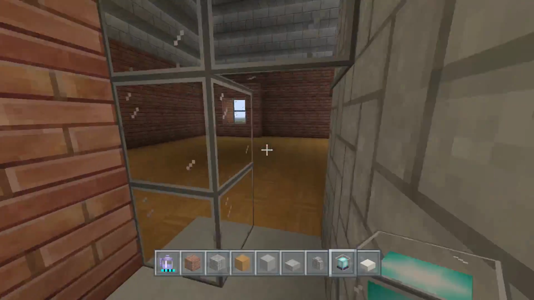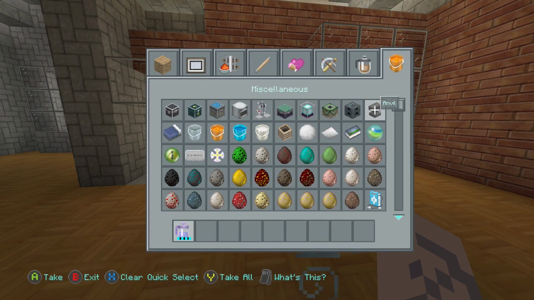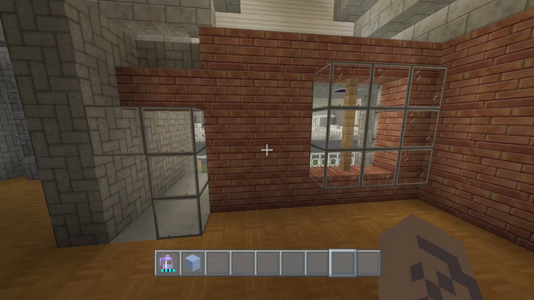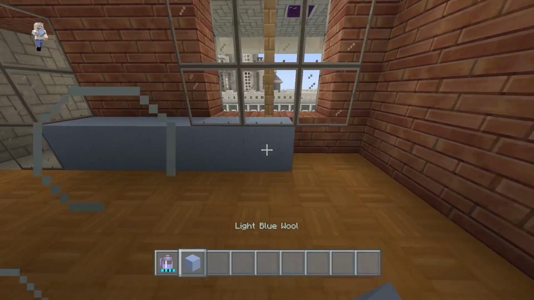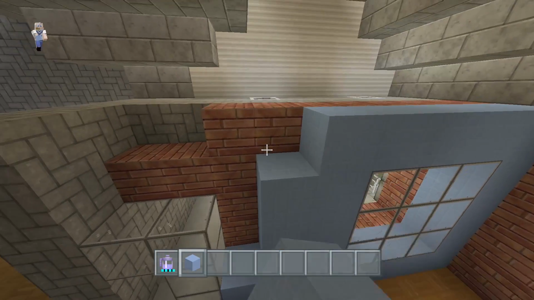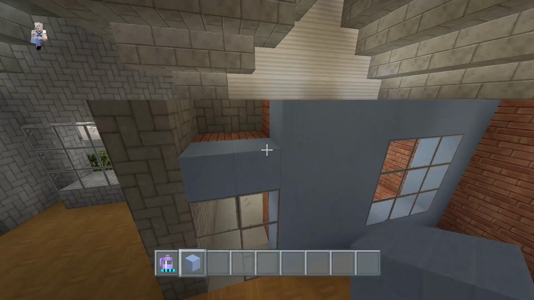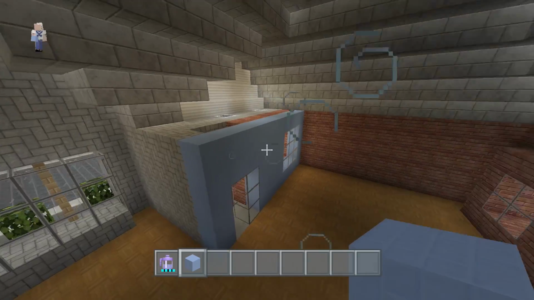Front porch. Alright, so on the interior, we're going to take some of the walls and add some color to them. Let's add light blue walls. So we're just going to take the light blue and fill in by all these windows because we have plenty of space to work with here. And the light blue will just add a little bit more character, I guess, would be the best way to phrase it. And we're even going to do the one there.